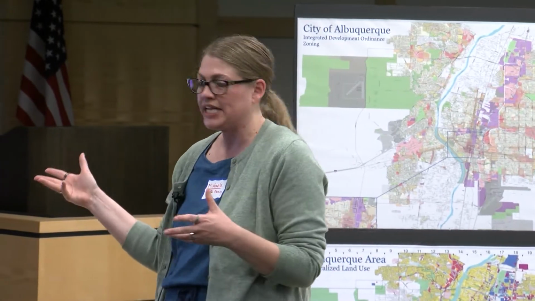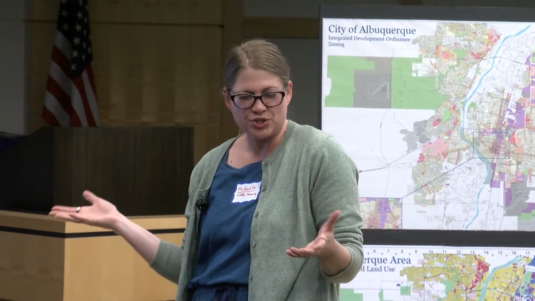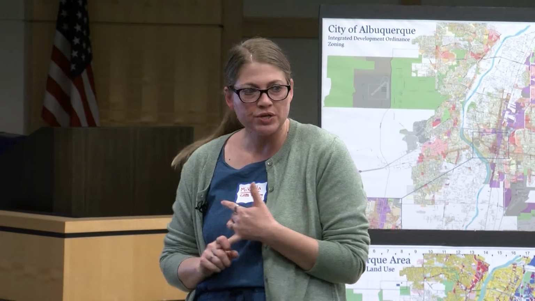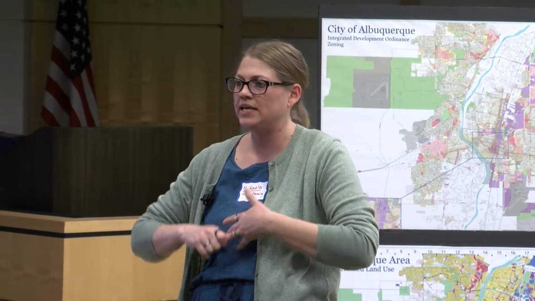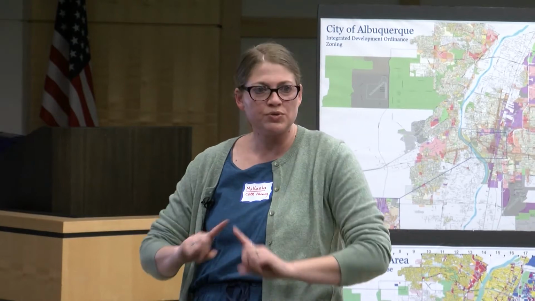So areas of change, I hope that's an intuitive thing. Areas of change are where we're encouraging growth and development. Areas of consistency are places where we're saying, if you're going to develop there, you need to reinforce the character